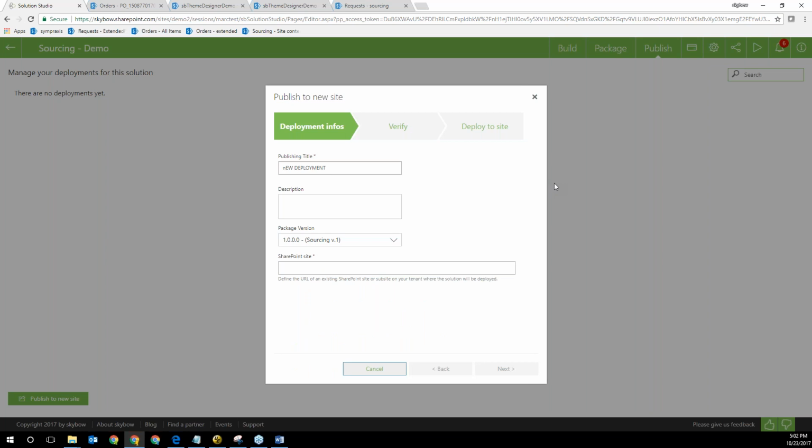If I would have version 1.0.1 or 2.0, the system is able to find the delta between the deployed version and the new version, and just deploy the differences to the target site. So when you do an upgrade or an update of the application, it is then very, very easy to deploy those changes which you have had.